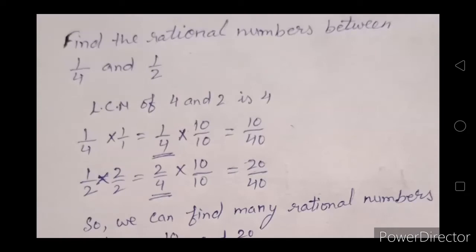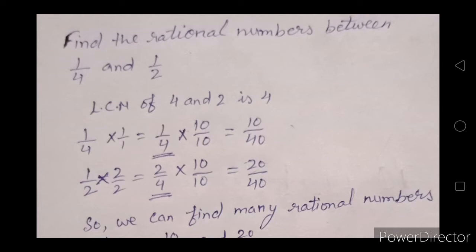Now the next part is how to find rational numbers between two given rational numbers. So one thing I want to tell you, that there are an infinite number of rational numbers between two given rational numbers. But as I told you in the number line also, we can show rational numbers in between the given two numbers, infinite numbers are there. As many parts as we want to divide, we will divide. So if there are 100 parts, the numbers will be smaller and more numbers will be there.